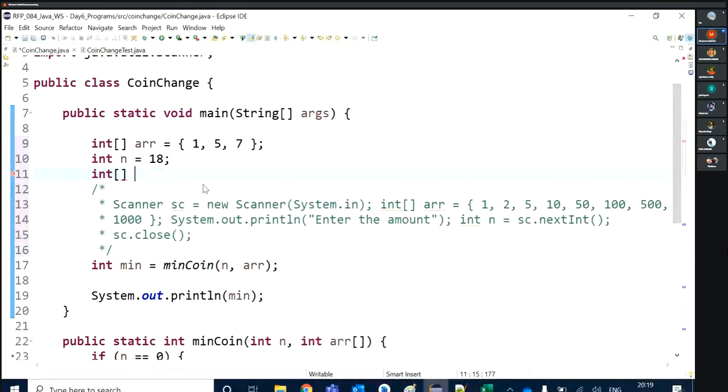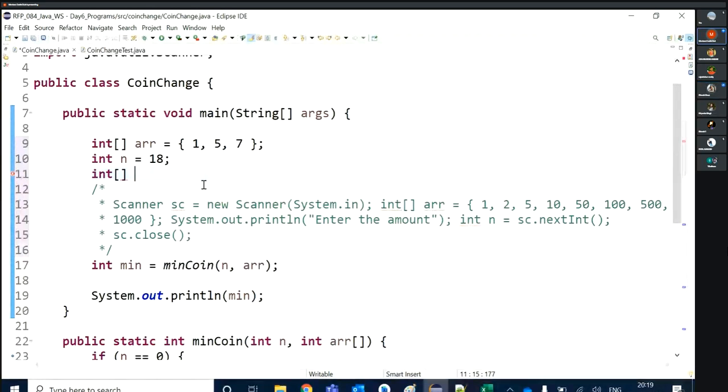So how much length is required? 1 to 18 is 18 length, but 0 to 18 means 19 length, because I'm including 0, not excluding. Getting me?